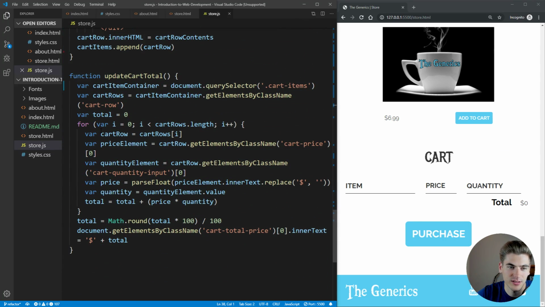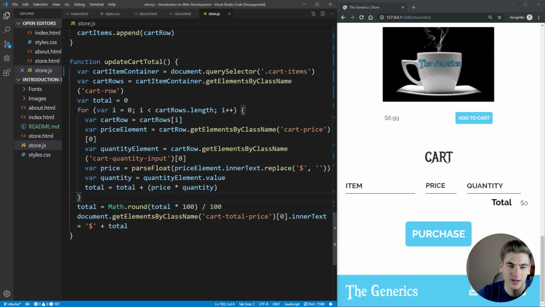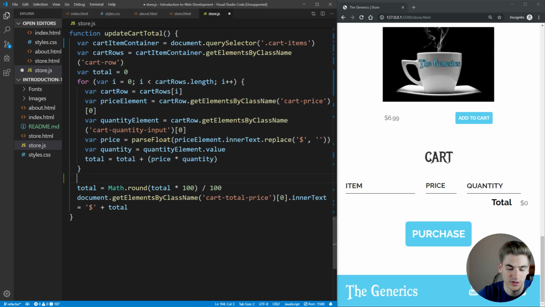Updating the cart total, let's see. Obviously I would change this to a for each as I mentioned, but there's really not much point in doing this. Actually, I may even change it to a reduce because as you can see, we're just calculating a total here. And if you remember from my reduce video, we could just take that array, we could say .reduce, and